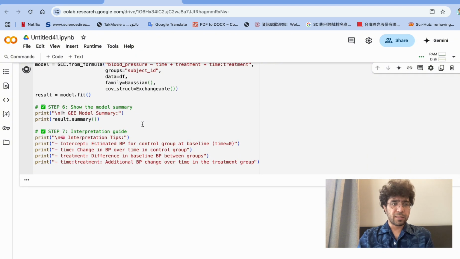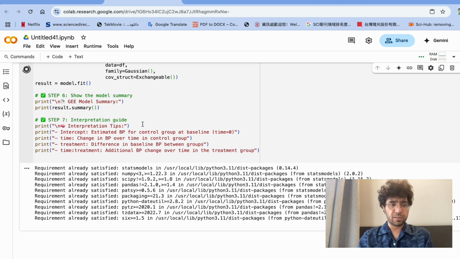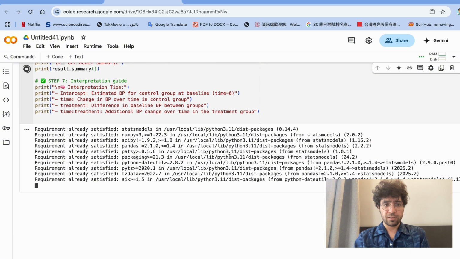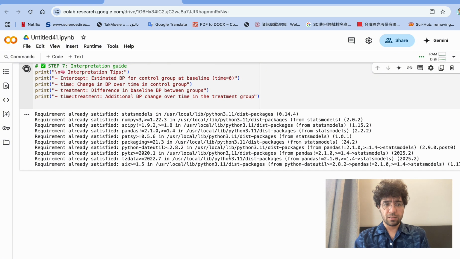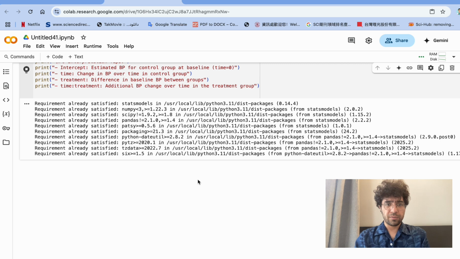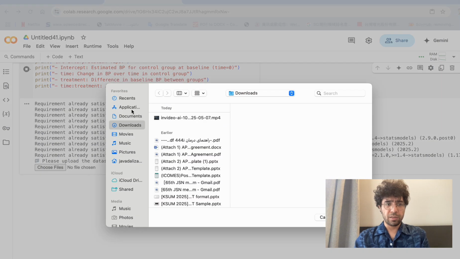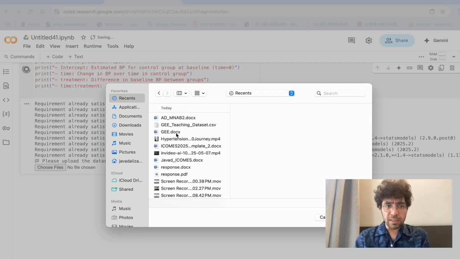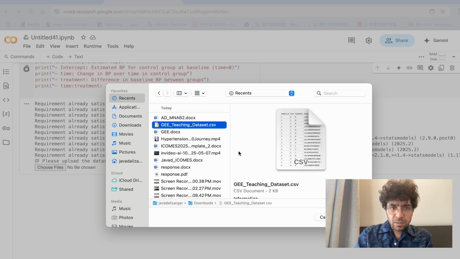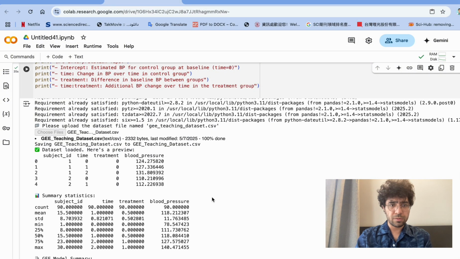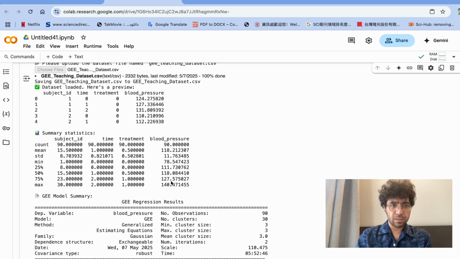So it should be asking me to upload the data first after the installation of the required packages. So these are the packages that this block needs. After this, it should be able to ask me to upload my data. So if I upload my data here, for example, the dataset GEE teaching dataset that I know,